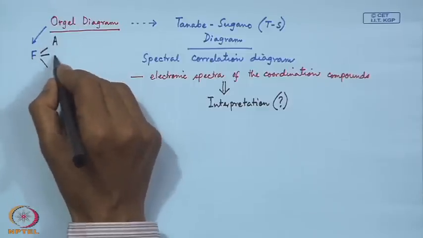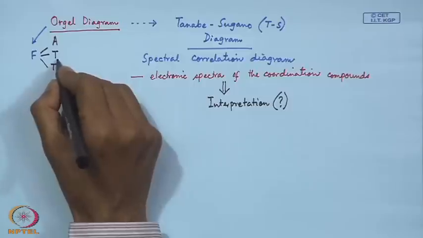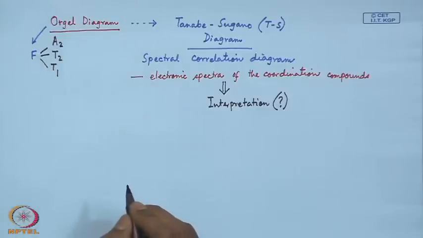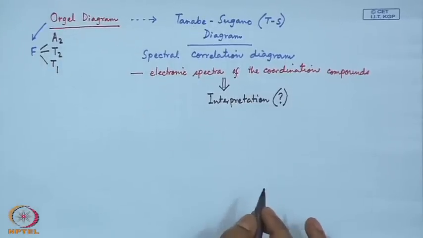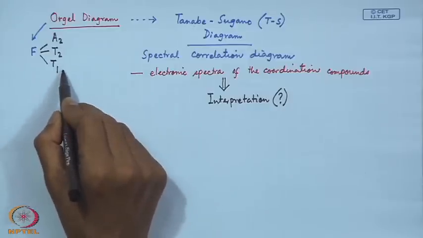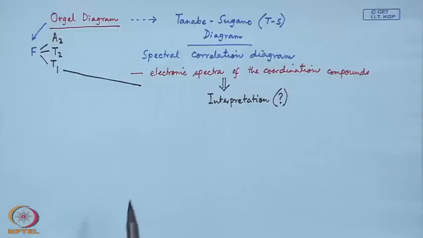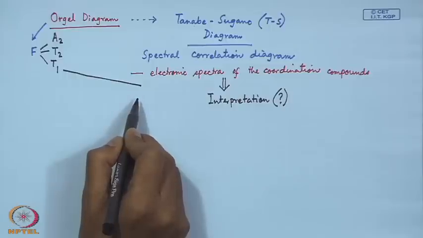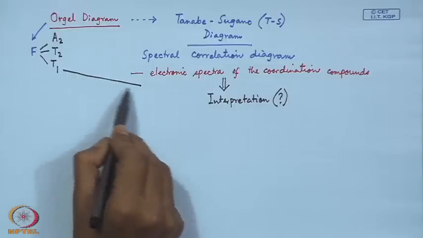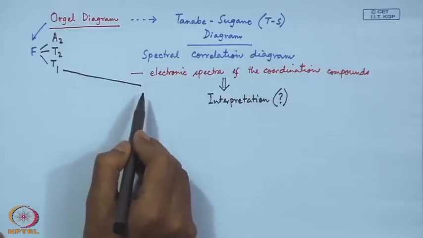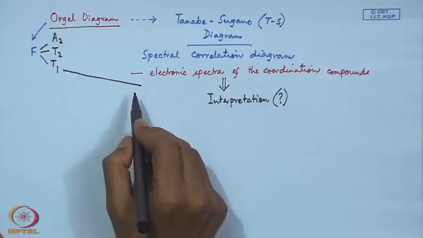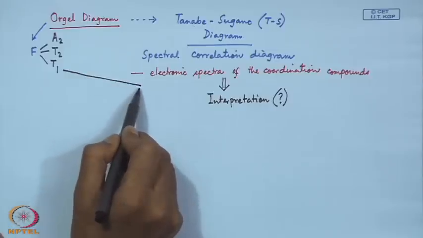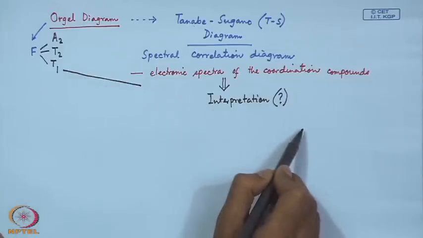A, T and T: one is T2, another is T1 and another is A2. So, these are the 3 terms we are having, and if we see how the energy of this particular T1 term will change with respect to the strength of increasing crystal field, as we change this, we see that it is going down and down as we go towards an infinitely strong crystal field strength. So, this is basically going down and down,